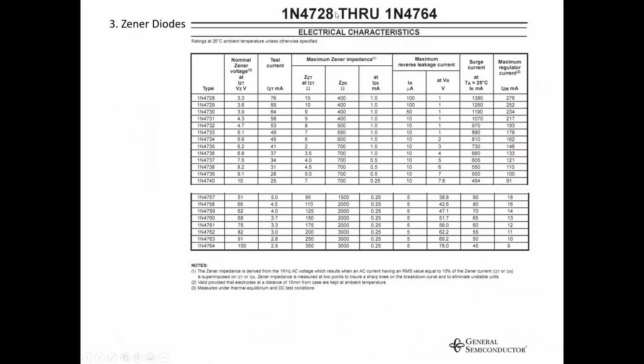So now if you look at this line, you can see the data for this particular Zener diode. Rated voltage, that is around 10 volt. And other important readings: what is the minimum current that we need to maintain in order to get regulation, and also what is the maximum current that we can have through this Zener diode. In this way we can find these figures. Now when we go back to our problem,